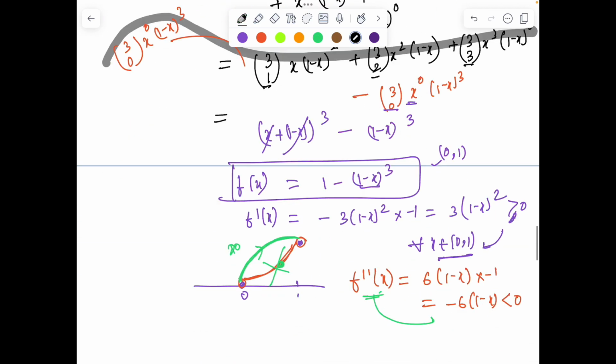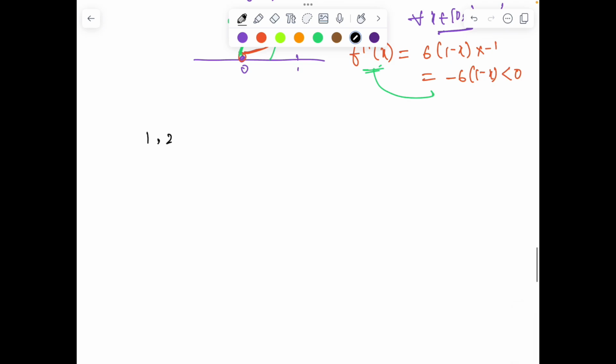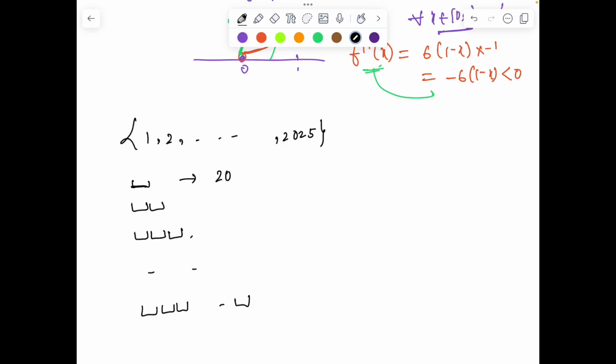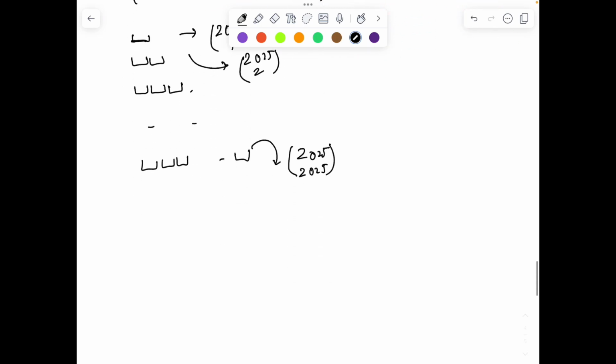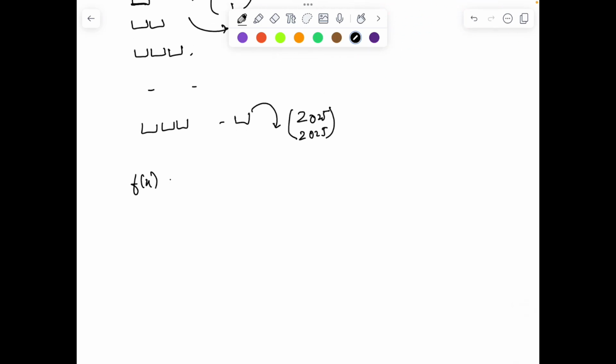Now coming back, 2025 is no special, because if I have 2025 elements 1, 2 till 2025, I can select a subset of size 1, subset of size 2, subset of size 3, and so on and so forth, and we'll have a subset of size 2025. So the number of subsets having size 1 will be 2025 choose 1, of size 2 will be 2025 choose 2, of size 2025 will be 2025 choose 2025, and hence the function that will be made